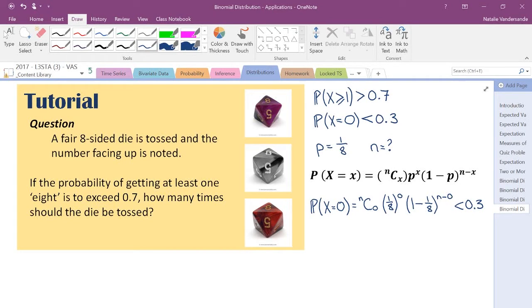Simplifying this, we get, because any combination where we select 0 is equal to 1, and any number to the power of 0 is also equal to 1. So we end up with